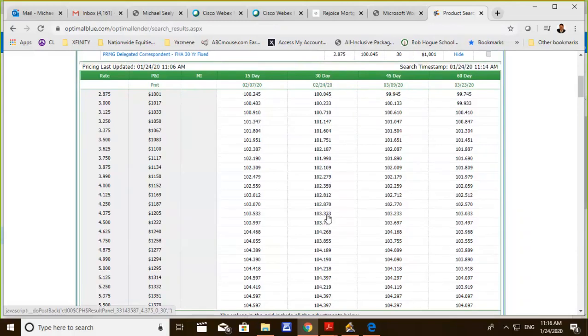4.375, as you know, is paying back 3.333%, or 103.33. 2.875 is a par rate. That means when it starts to pay back. What do I mean by pay back? Well, this is a service release premium based upon your loan amount. And so depending on how much money that you wanted to make on your borrower, let's say you decided to do